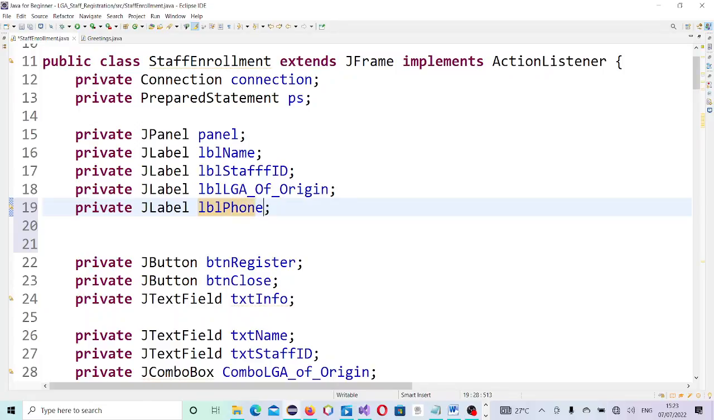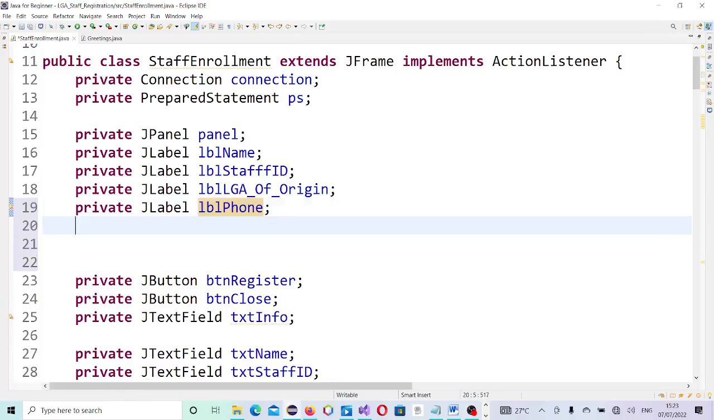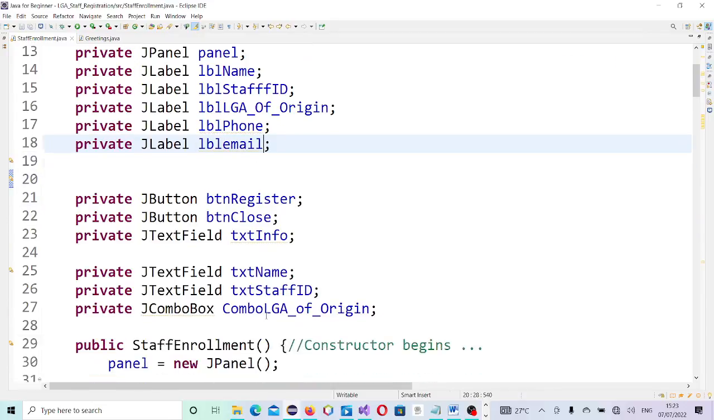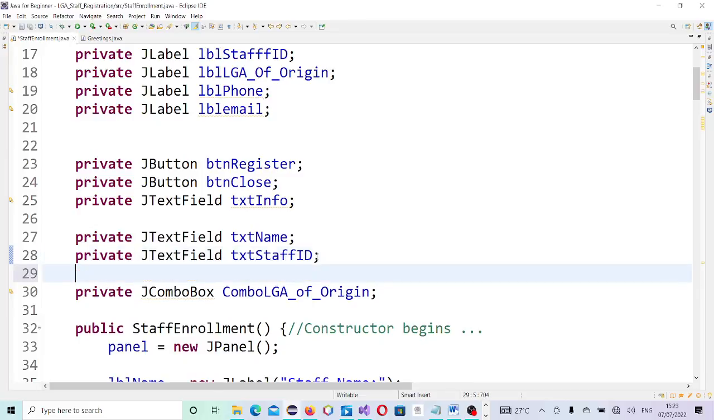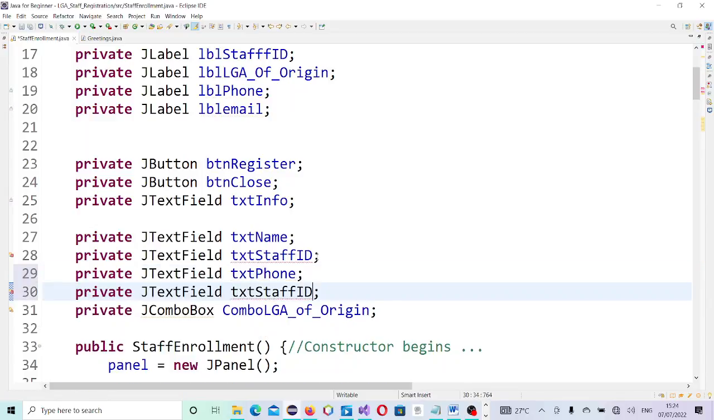LBL phone, and also LBL email. Thank you. Then to the TXT, I need to introduce two also: TXT phone and TXT email. You know, we're going to start drag and drop later, because this looks somehow, if it is a production